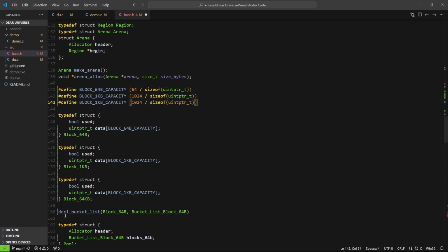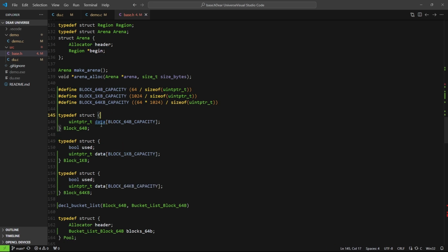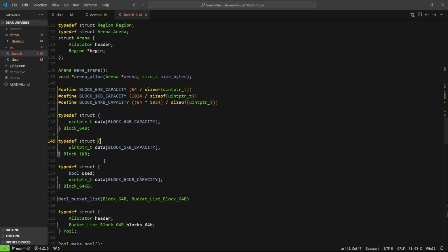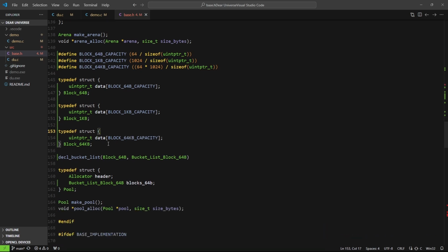So this is probably just going to be for network buffers and stuff like that, because I'm going to use libuv, and the suggested allocation size that libuv generally requests is 64 kilobytes. So that's why I'm specifically doing this, right? So 64 times 1024, that's it, and this needs to be used here, and we no longer need this flag because we are using bucket lists, right? So we no longer need this flag, and yeah, we can simply now have